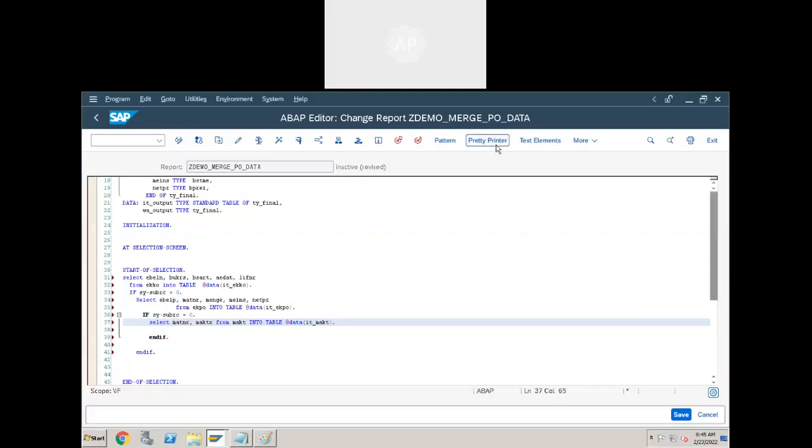Okay. Observe these select statements. Is there any mistake here, or is it going to work?